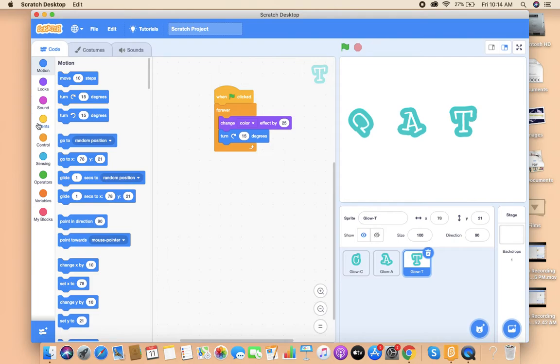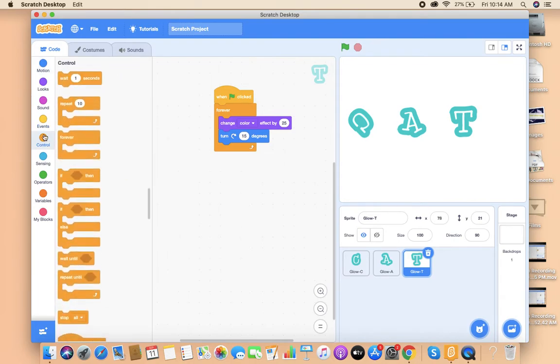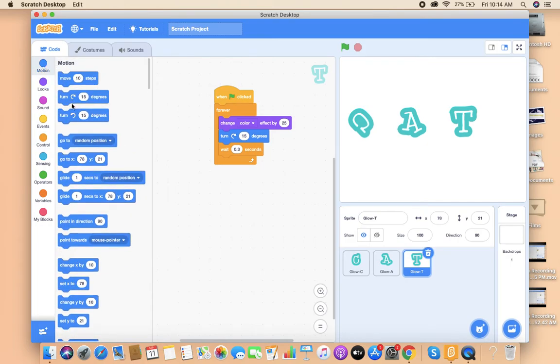After that we can apply a control of wait for 0.3 seconds, and after that I will again go to motion and turn 15 degrees but anti-clockwise.